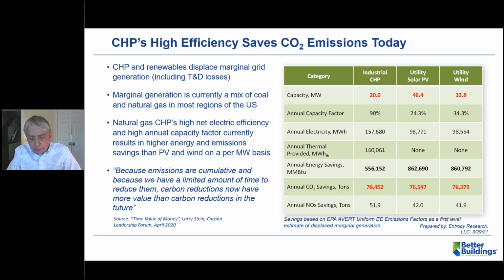And the key to the chart is looking at the annual capacity factors, which are the second line, I'm sorry. We've got a typical 90% capacity factor for industrial CHP versus the national average capacity factors for 2020 from the US Energy Information Agency of 24% for solar PV and 33% for wind. And in that first row, the table shows that in order to have the same CO2 savings on an annual basis, you would need to install more than twice the capacity of solar PV than CHP and 50% more wind capacity than natural gas-fired CHP to generate those savings in today's